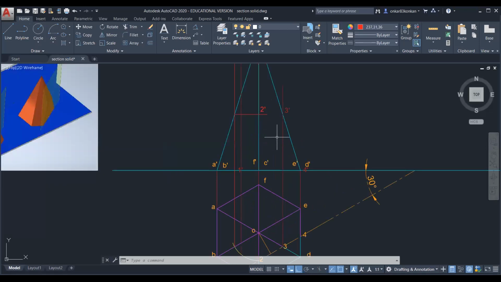Now to complete this sectional front view, connect this point 1 dash, 2 dash, 3 dash, 4 dash and 1 dash by a straight line. So this is the sectional front view.